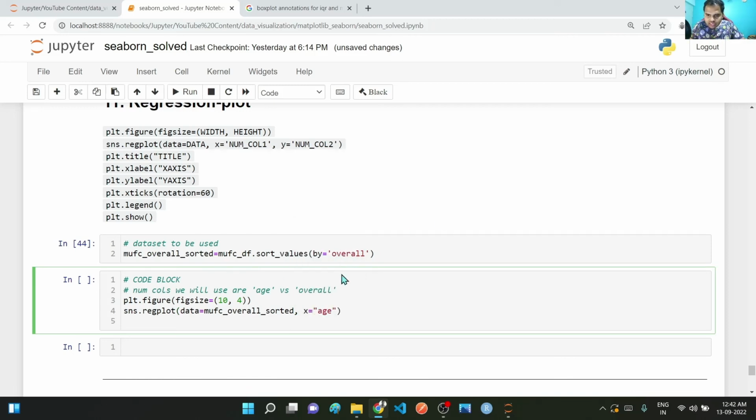Okay, no, we have sorted as per overall, so on the x-axis we will take overall, because the ordinal value, that is the sorted value, should be on the x-axis, and on y we will take age,